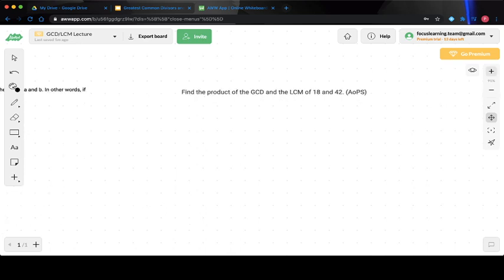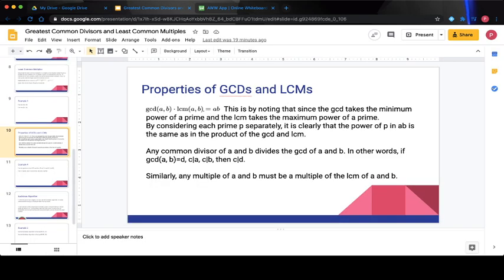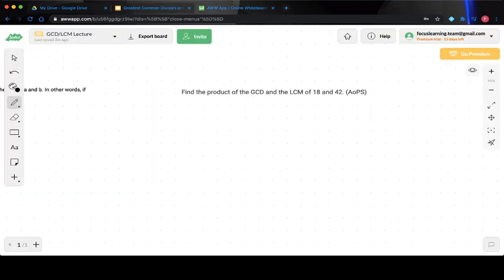So we're asked to find the product of the greatest common divisor and least common multiple of 18 and 42. Recall that from our first identity on this slide, the greatest common divisor of two numbers times the least common multiple of two numbers equals the product of the two numbers. So we get that